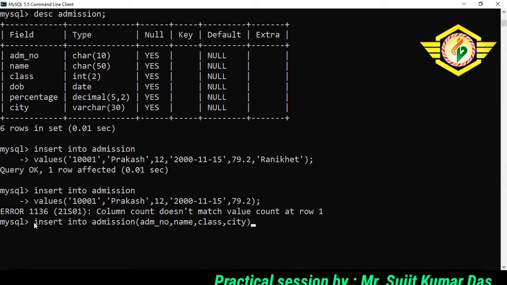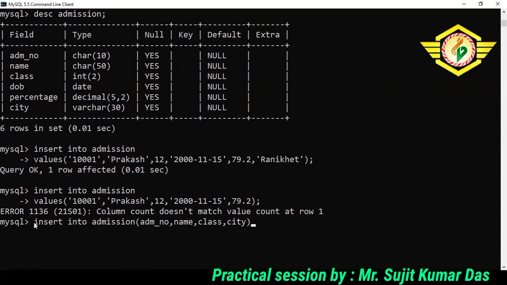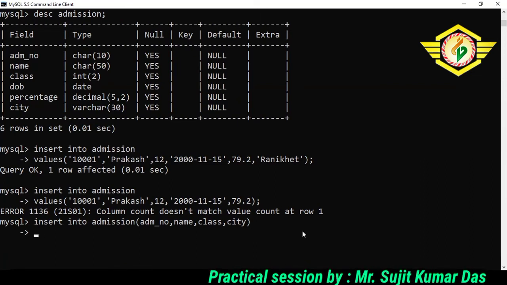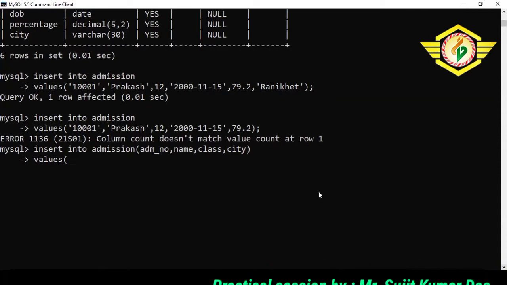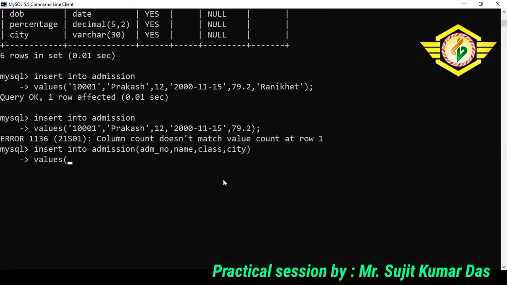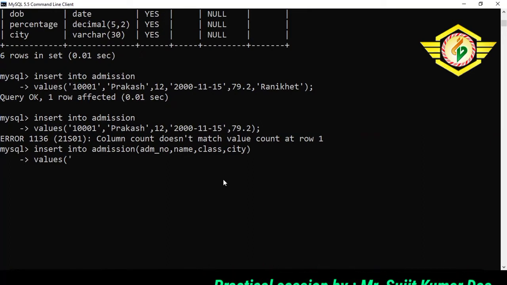Only 4 values I want to provide. So this is the variant I will use. Values. Now I will provide the required values that I want to provide. So by keeping in mind that only numeric value should be without quotes, all the other values will be with quotes.